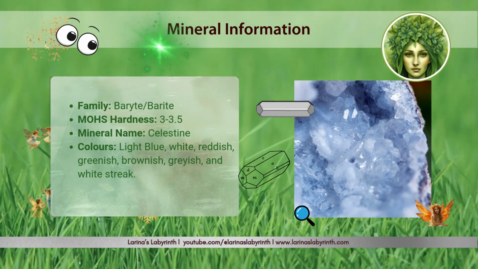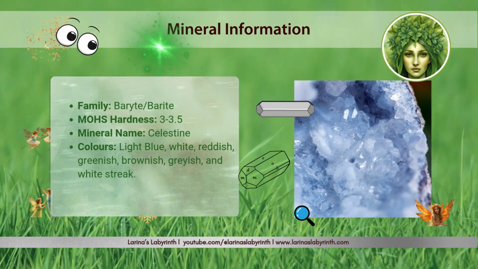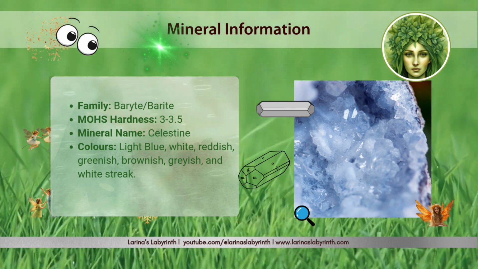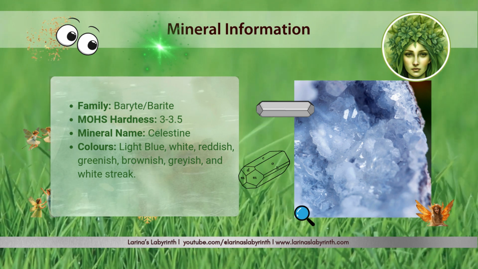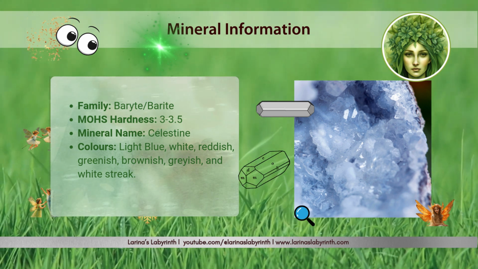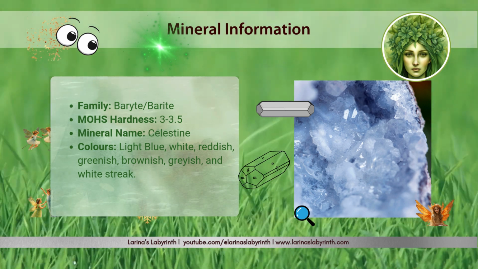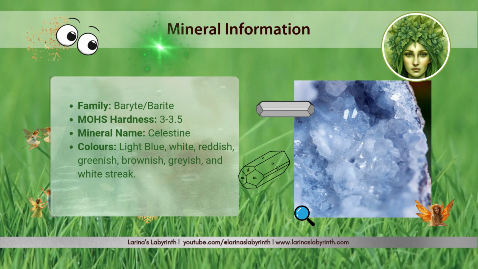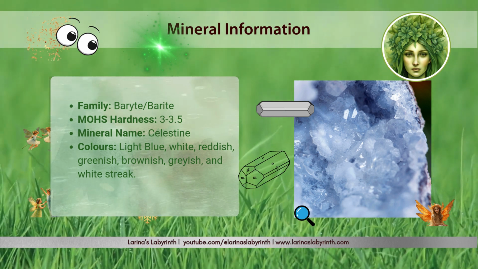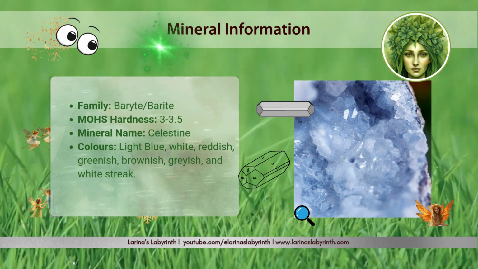Now, the other thing is that Celestite, as a mineral name, also has two names. So just remember this for when you start doing your research and trying to find your crystals, or trying to find a good supplier, because obviously that's not so easy anymore. Celestite was originally called Celestine or Celestine, depending on your pronunciation. And over time, the name has evolved to what we now call Celestite. So Celestite is still a legitimate name for the crystal. And I got the background on why it's called Celestite and why it was called Celestine.